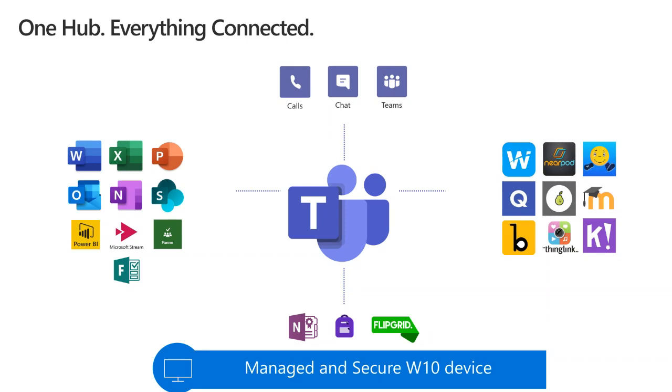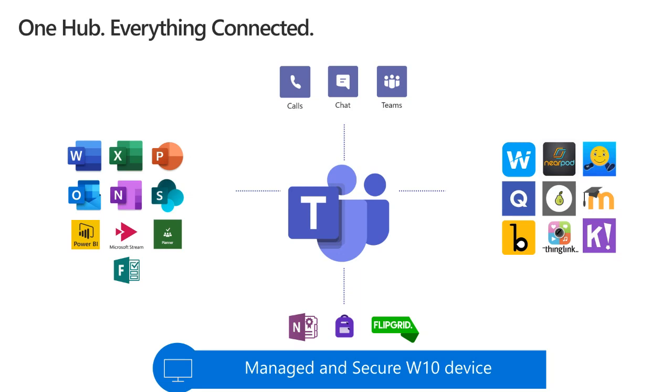So if we take the left-hand area, first of all, we can see lots of those familiar icons that we're used to seeing, or getting used to, as some of them have been changed as we've worked our way forward, like Microsoft Word, like Excel, PowerPoint, using Outlook, for example. We've got OneNote in there, we've got SharePoint, we've got Power BI, Microsoft Stream, Planner and Forms, all things that are easily brought into Microsoft Teams to allow you to have, if you like, that single pane of glass where you can work from and you don't have to leave to do anything else.